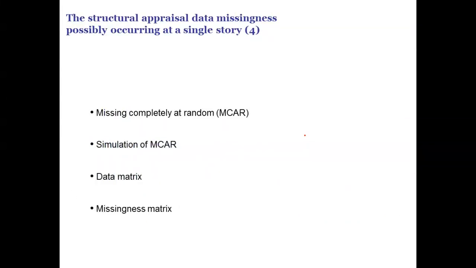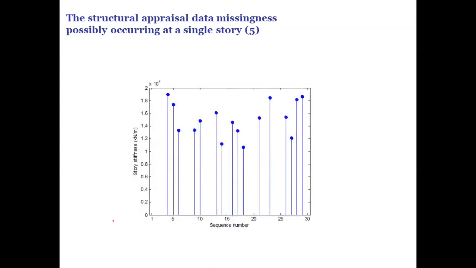Because it's a simulation, we introduced the data missingness events based on this mechanism. As a pilot study, we assume the data missingness events are completely random. To simulate the data missingness events, we use the superposition of this data matrix and this missingness matrix. This is an example. Let's first consider data missingness events happening at a single story, a particular story, one of